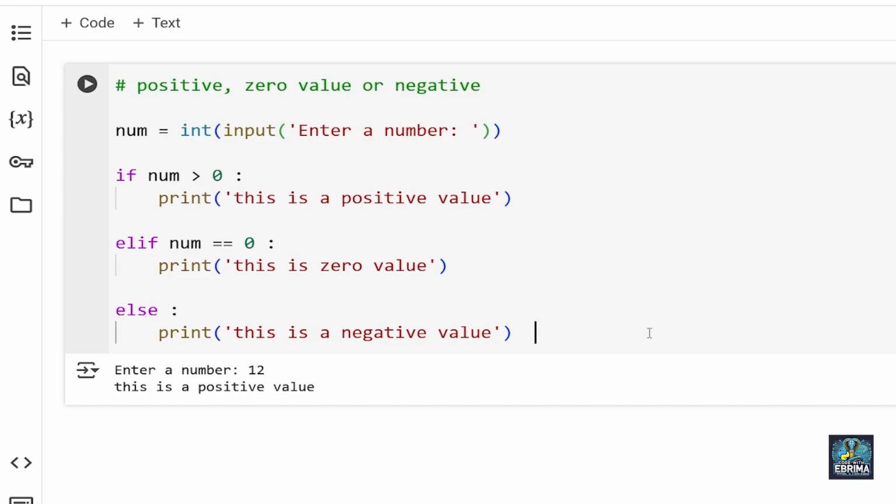If 80 or above but less than 85, C grade. If 75 or above but less than 80, D grade. If 70 or above but less than 75, E grade. And finally, anything below 70, we give the student an F grade. Only one condition can be true at a time.